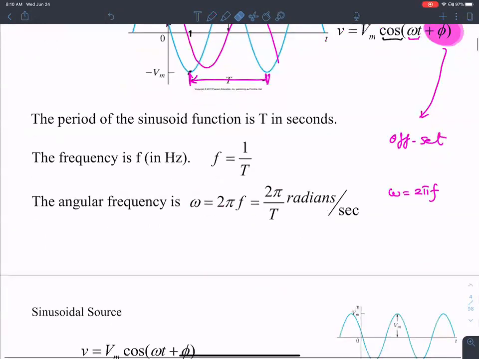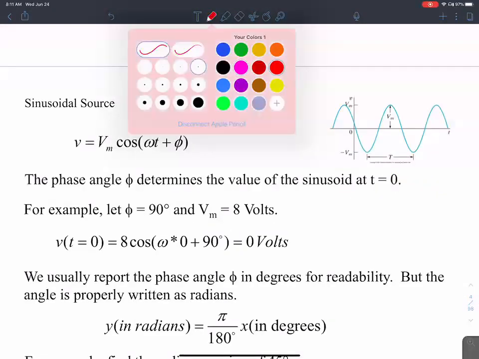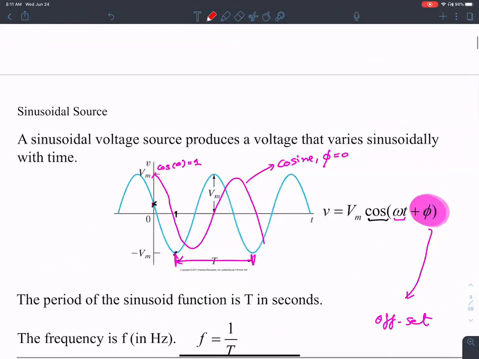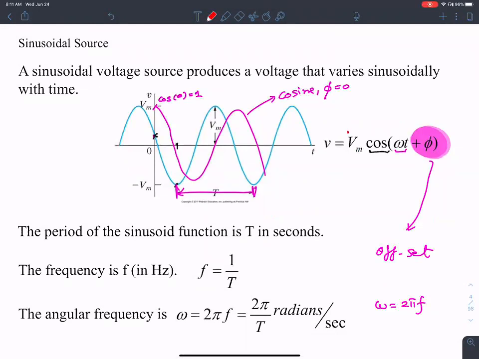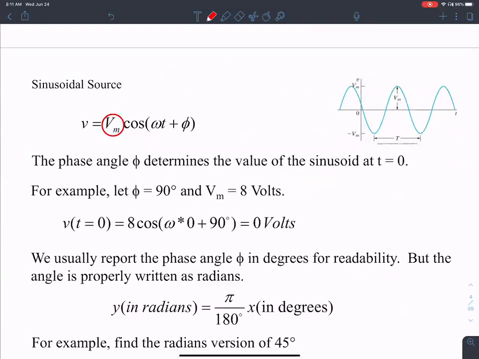Now, let's see. If I have a cosine wave that looks like this, V is Vm cos(omega t plus phi). Did we see something like this? Yes, right here. There's an amplitude component to it. The phase angle determines the value of the sinusoid at t equals 0. The value at time equals 0 is represented by